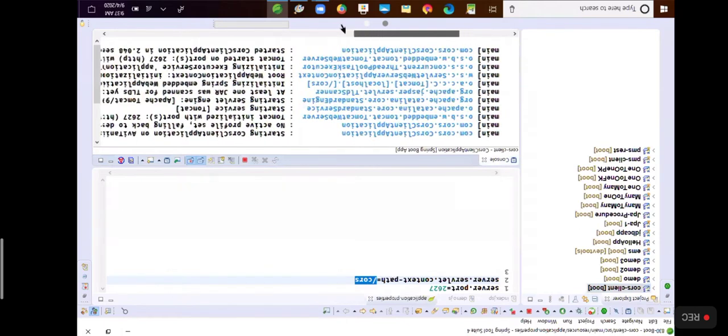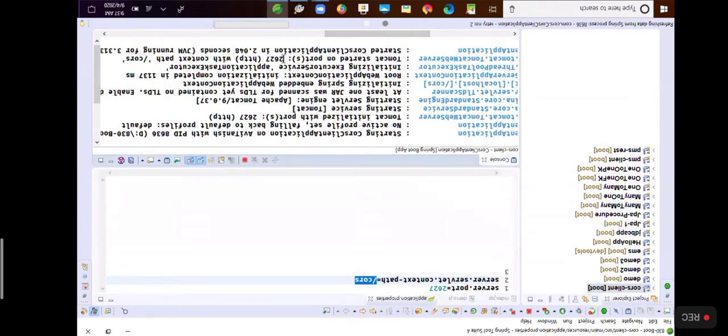Now you know this server is running on the port number 2627. Are you clear? This is running on what? The port number 2627.